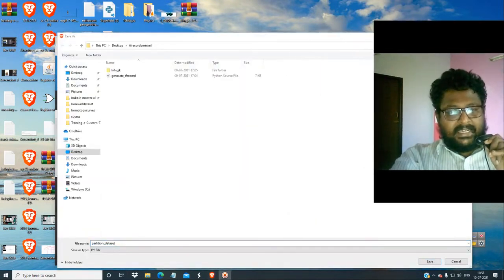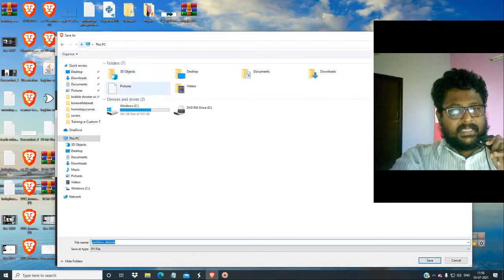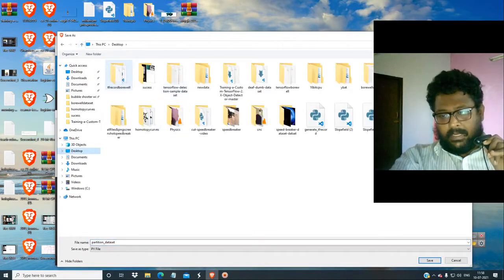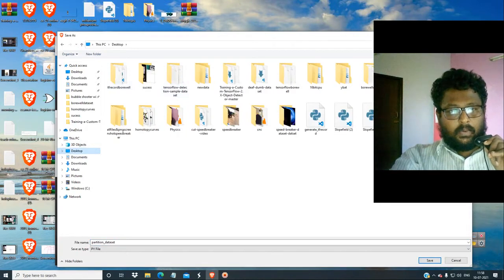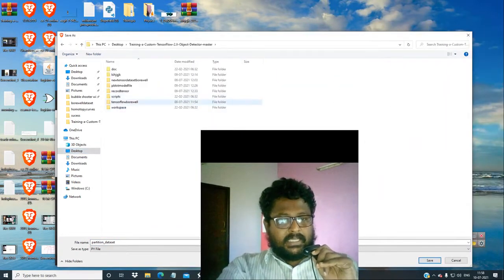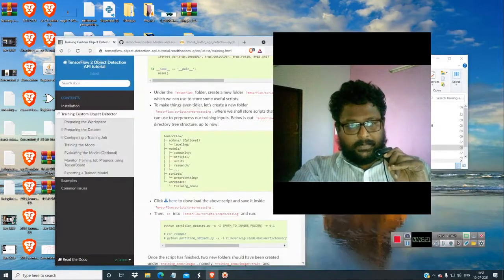This doesn't need any install or anything. You just take it to the place where the images have been stored. I have been storing the images over here. It is tensor board, all the 6000 images are over here, so I am just pasting it over here.